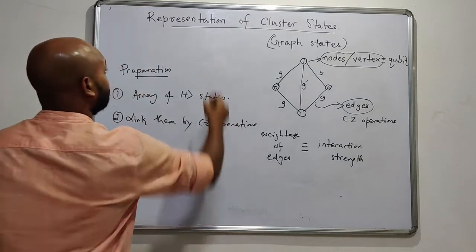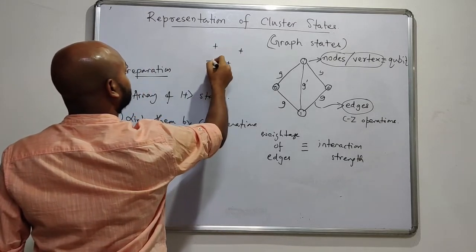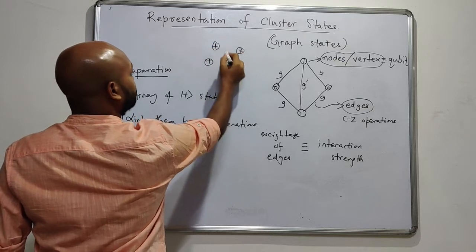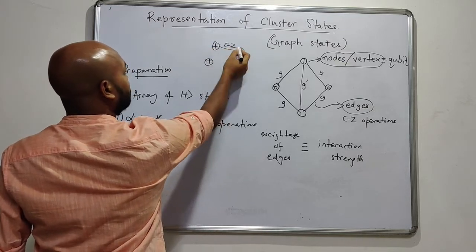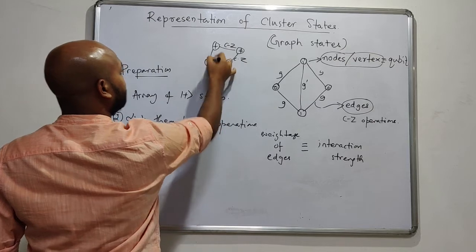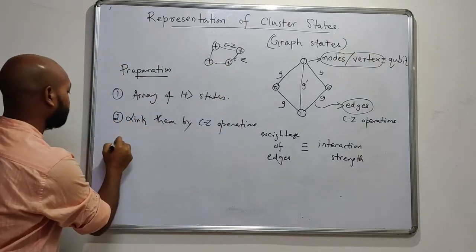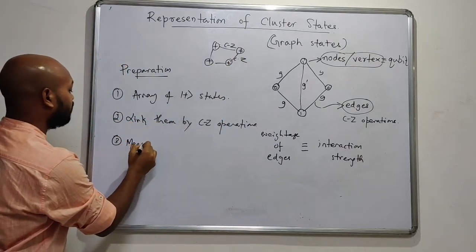So you have plus, plus, plus, plus. You operate a CZ, then CZ, CZ, CZ, and then you conduct